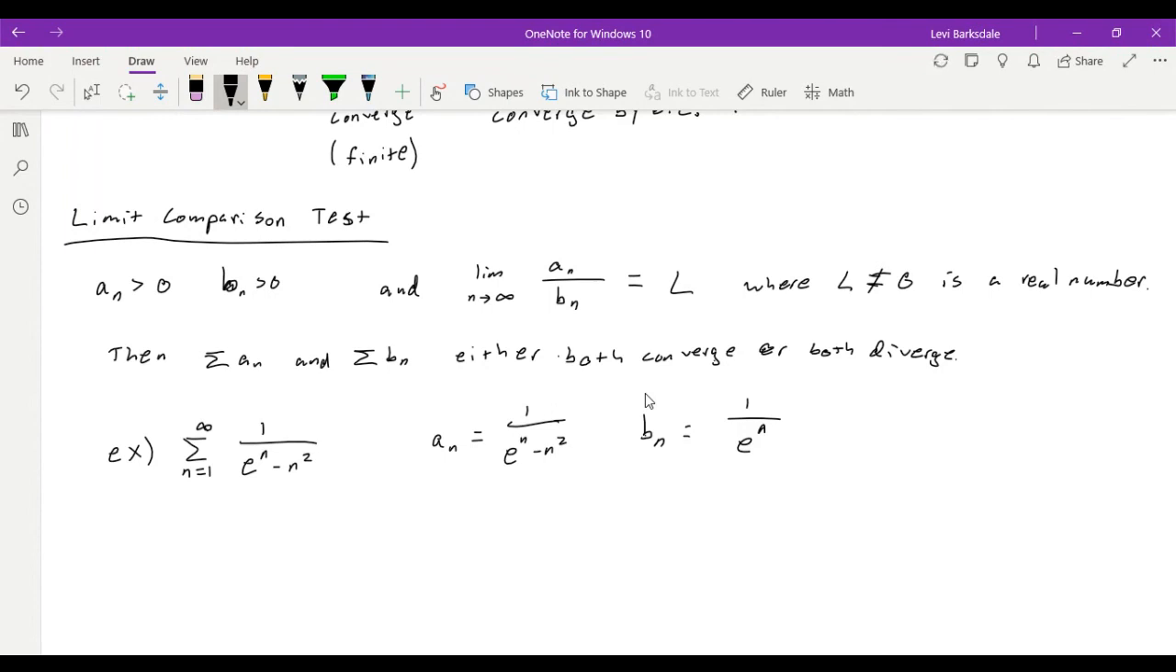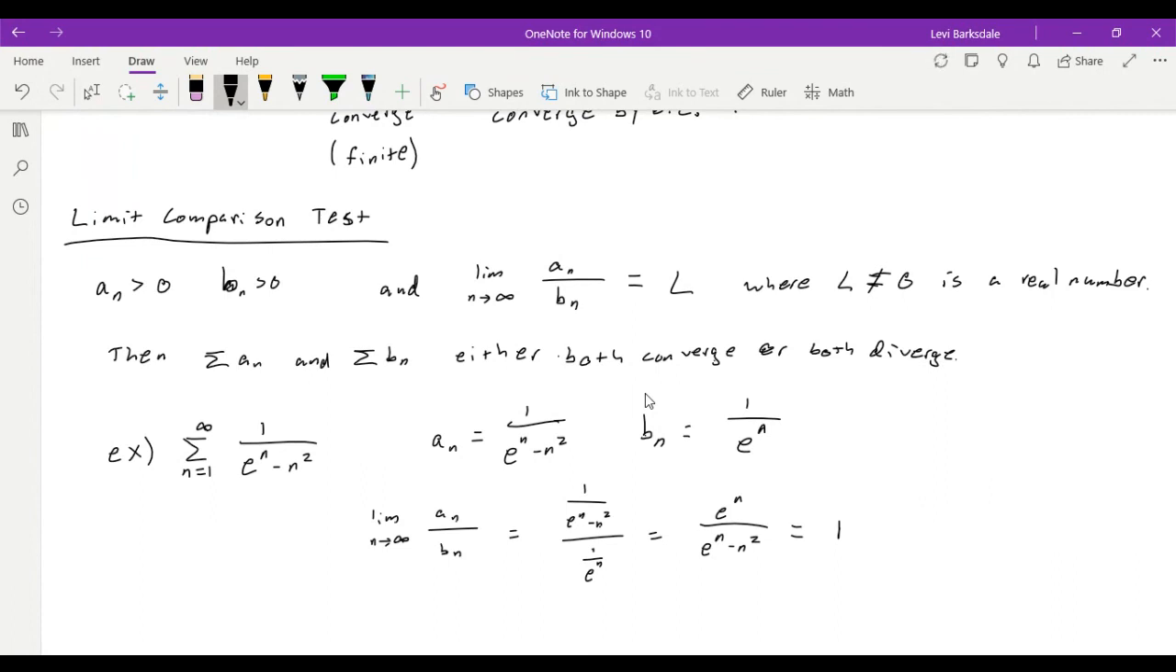Then I can take the limit as n goes to infinity of a sub n over b sub n, which gives me 1 over e to the n minus n squared over 1 over e to the n, and that's e to the n over e to the n minus n squared. And as n approaches infinity, this minus n squared basically becomes irrelevant, and we get a limit of 1. Well, since 1 is not equal to 0 and it's not infinite,